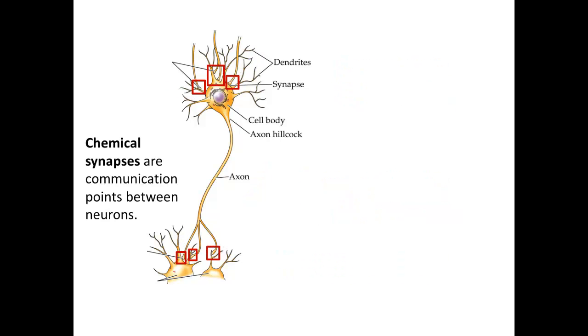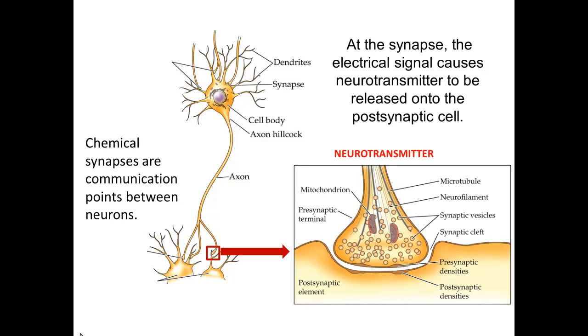Synapses are communication points between neurons. If you look, each of these is a synapse. Where that neuronal terminal here can come up to the dendrite of another neuron, it can pass information from one neuron to the next. Now, there are lots of different types of synapses. When most people hear the word synapse, they think of chemical synapses. And chemical synapses are called chemical synapses